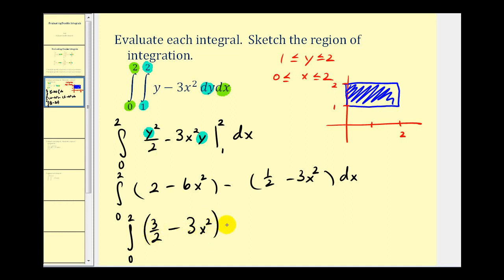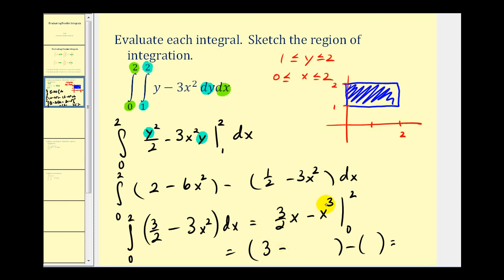And now we're going to integrate this with respect to x. So we'll have 3 halves x, this will be minus 3 times x cubed over 3, or minus x to the third. We're going to evaluate this at 0 and 2. So when x is 2, we'll have 3 minus, this is going to be 8. And when x is 0, both of these are 0, so we have 3 minus 8, so this is equal